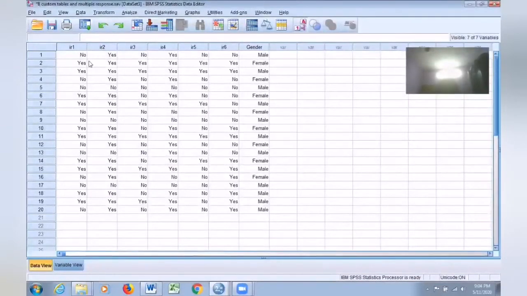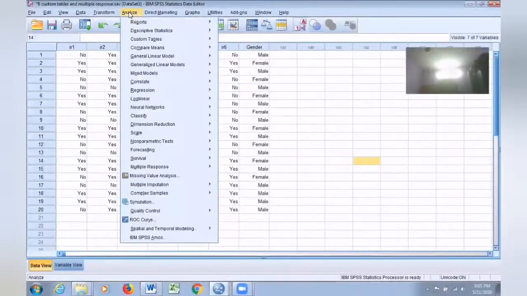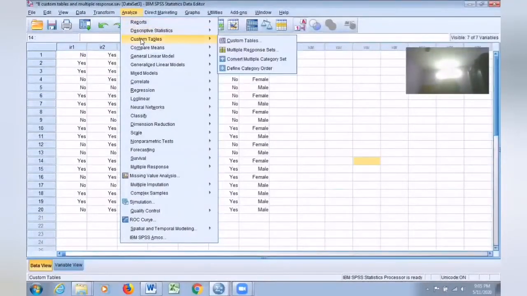I have collected data from 20 respondents on a multiple response question, yes or no. And here there is another variable by name gender. I have just given a male and female coding. Let us see how we can prepare custom tables. So go to analyze. In analyze, there's an option called custom tables. So analyze, custom tables. There again custom tables.